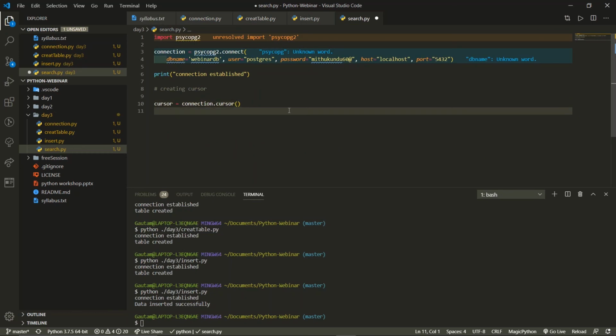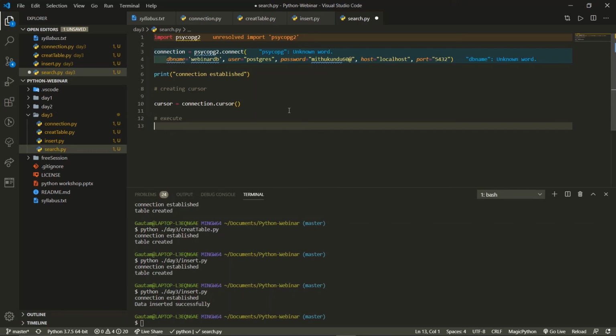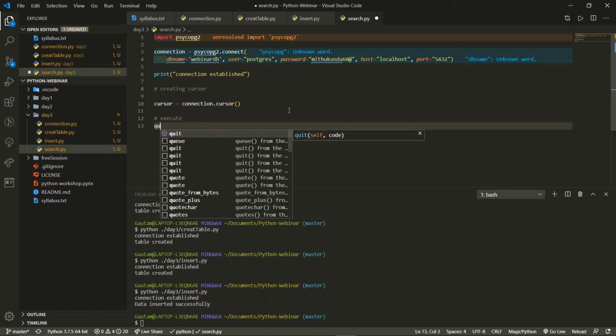And now what we'll do, we will execute it. So to execute the data, we want to create execute, and then we will create a query. The query is, for example, we will take a variable for this query.